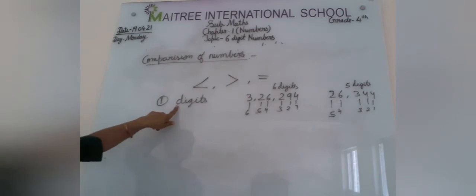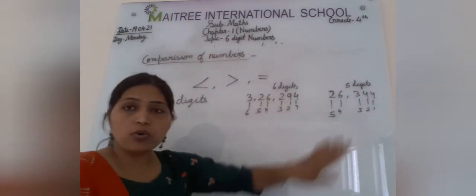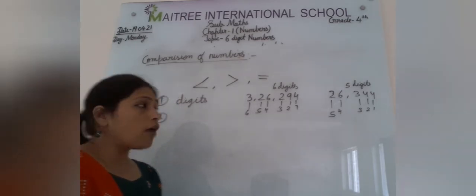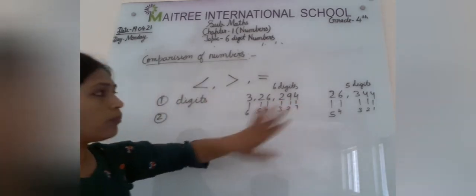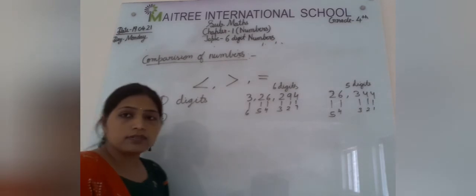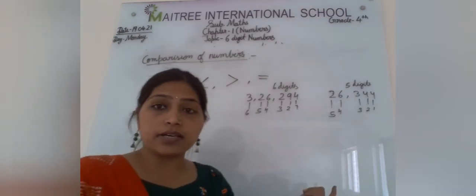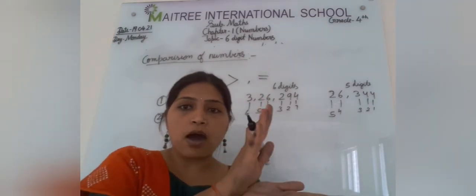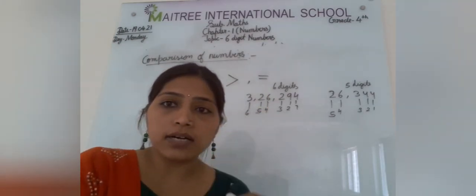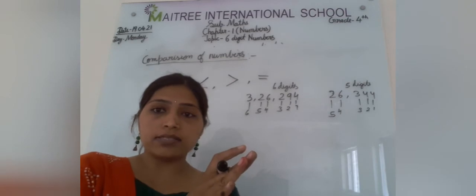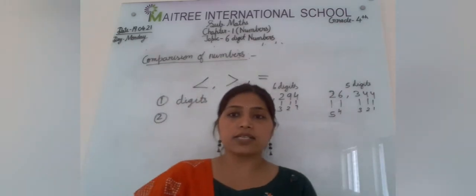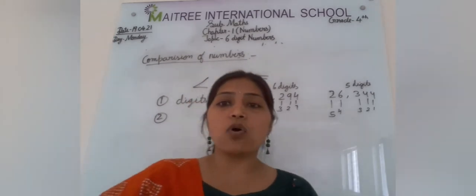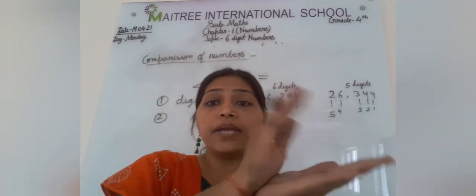So first we need to check the digits. The number which has more number of digits, that is a bigger number. Okay. So how will we put this sign? Which sign will we put here? Greater than. See, behind this a nice story is there. The crocodile. Everyone knows about the crocodile. It has a huge mouth and the crocodile always loves to eat the bigger number. Yes, he has a large stomach, so that's why he always loves to eat the bigger number. So the crocodile will always open his mouth towards the bigger number.